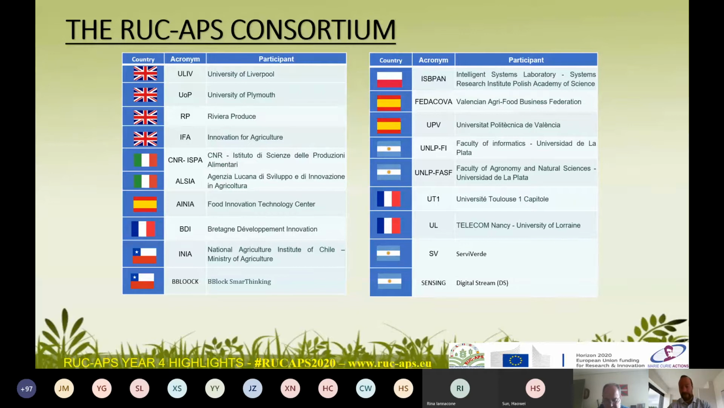We have an operational research center from Poland. We have the Valencian Agri-Group Business Federation from Spain. We have the University of Británico Valencia from Spain. We have University of La Plata. We have the University of Toulouse. We have the University of Nancy. And we have also Farmers, Terviverde, and Digital Stream from Argentina,